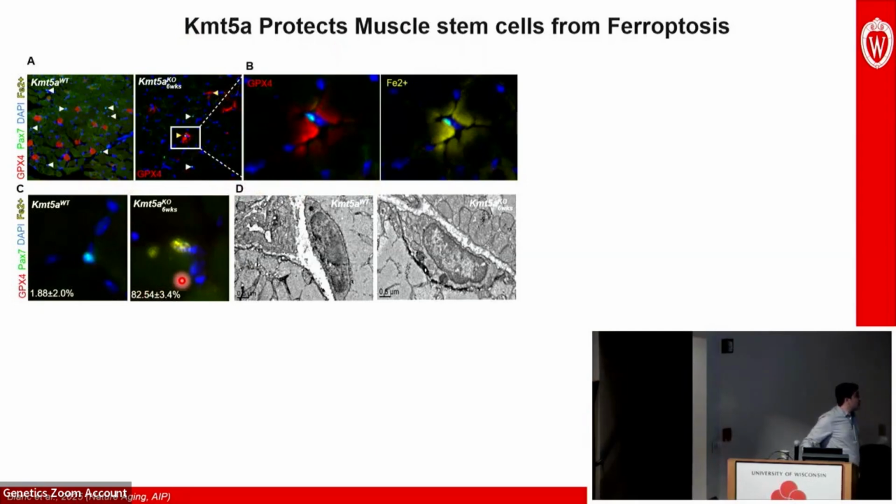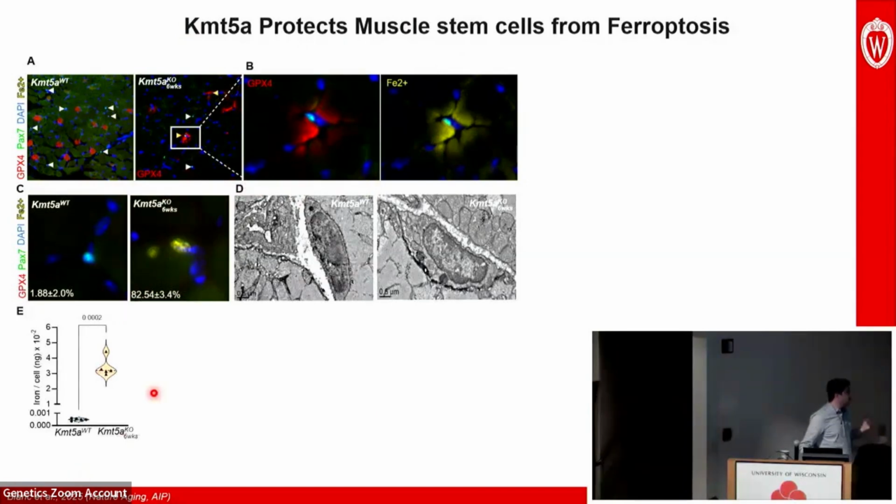We looked closer and found that in the knockout, those stem cells had a ton more iron intracellularly. When we quantified that by elemental mass spectrometry, we found the difference is in the thousands fold, where the wild type has a very low amount of iron while quiescent, but the knockout had a lot more,